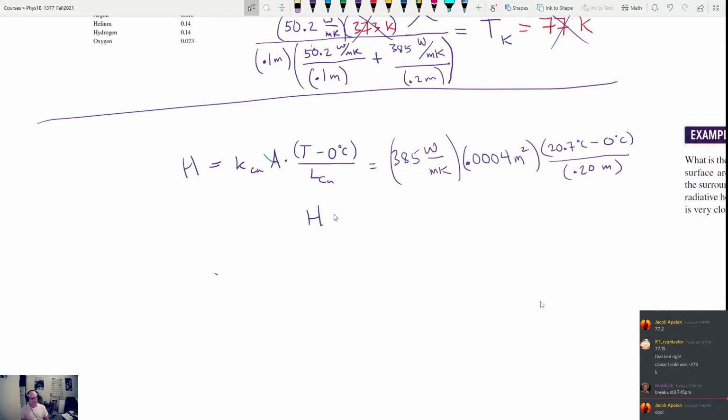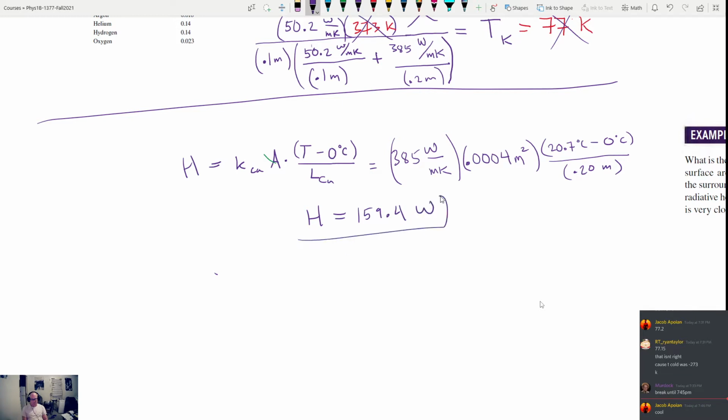And if we calculate that, we're going to get the heat flow. Just bang that out real fast. Come on, why is it doing this? 385 times 0.004 times 20.7, and then divide by 0.2. I bet we could have done this in our heads. 160 is what I get, approximately. 159.4